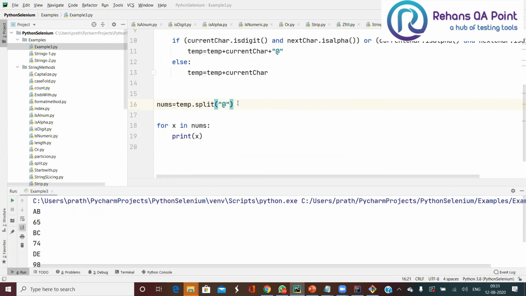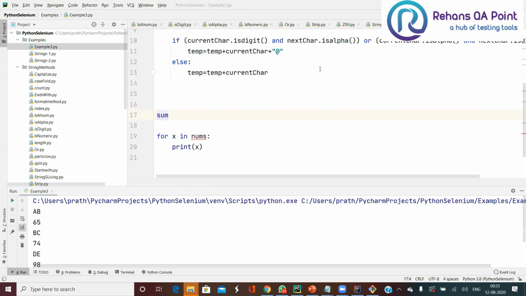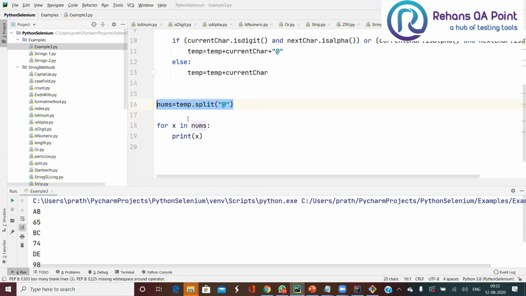That's it, right? So now what I'll do here is sum underscore equal to 0. Initially I don't have any sum. Okay, now one second. I'm going to give my sum underscore equal to 0.